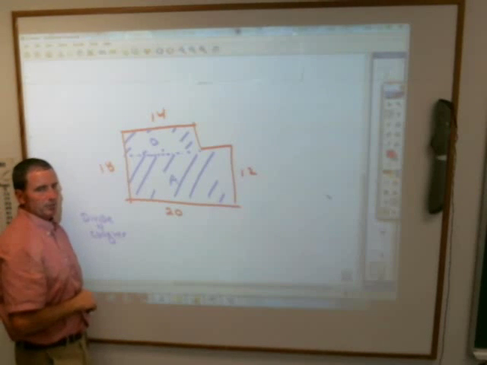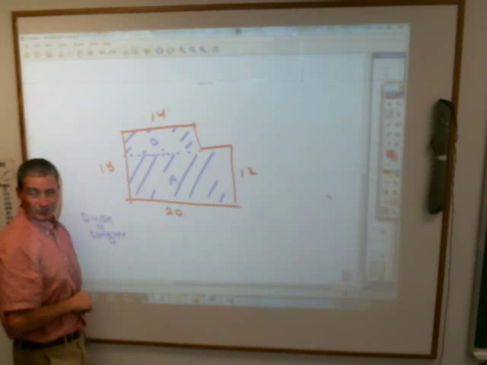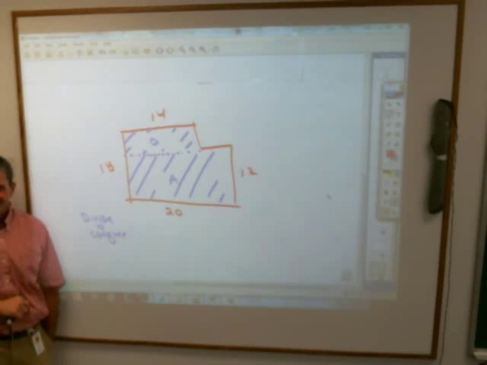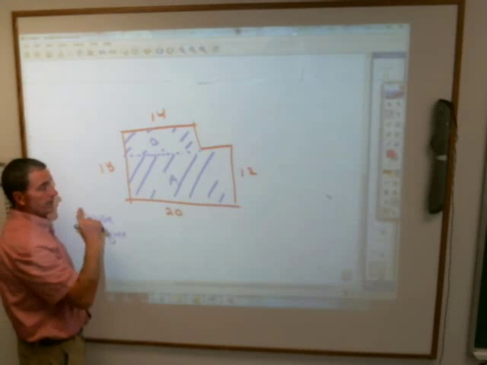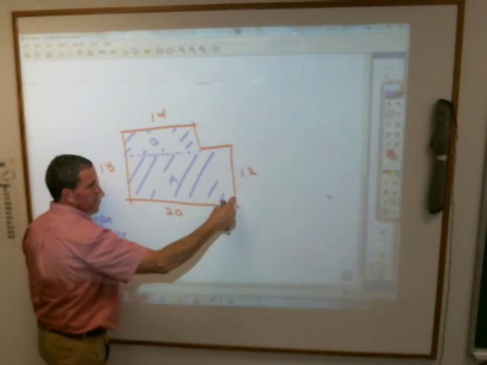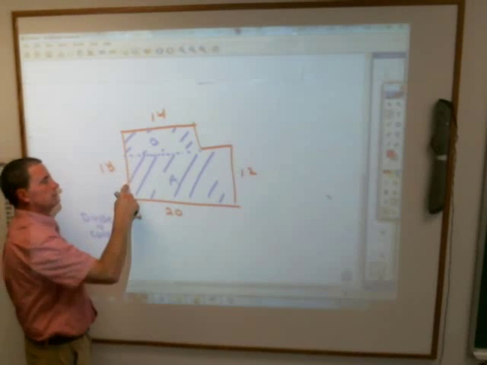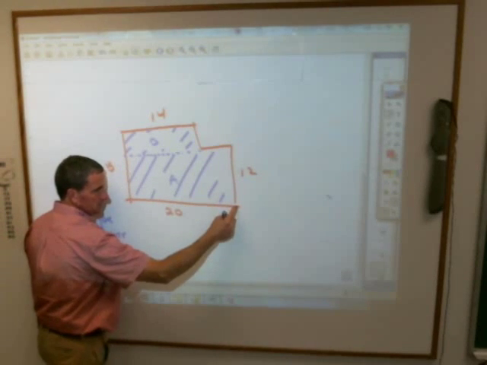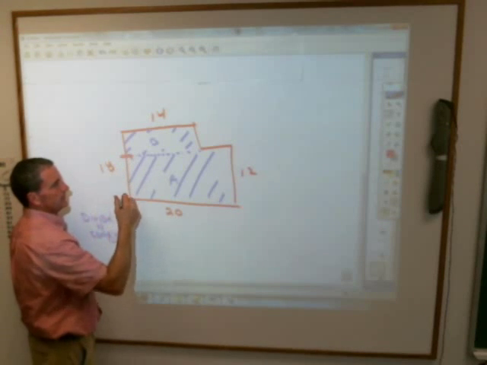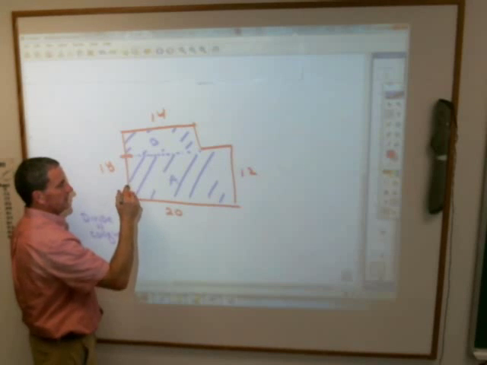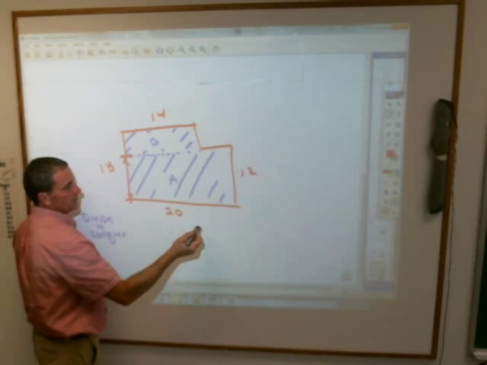What 2 things do I have to multiply together to get the area of rectangle A? Aubrey? 12 times 20. And be very careful with that. I'm only doing rectangle A, so it's 12 times 20. Don't do 18 times 20, because 18 is too long. Rectangle A stops right there. You just want this dimension right here. So 12 times 20 is